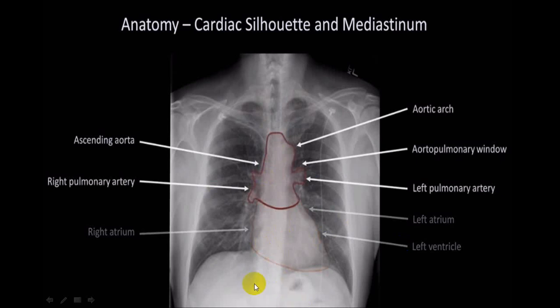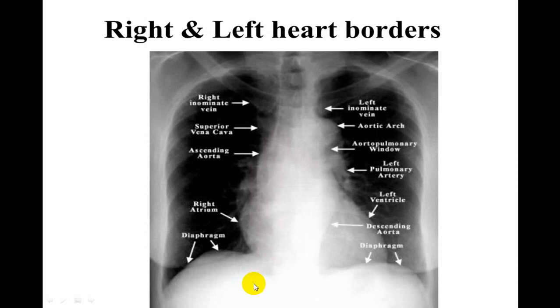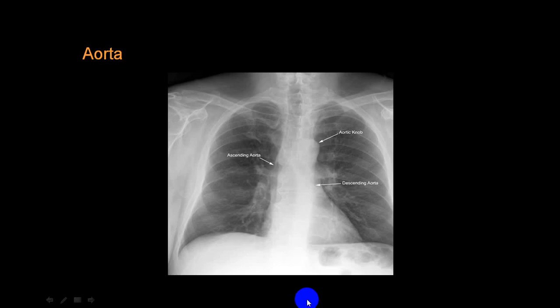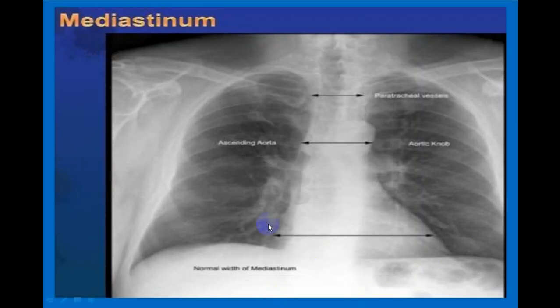That can change what we call the mediastinal shadow. And these are in detail what I have already mentioned. The borders on the right side, borders on the left side of the mediastinum. So this is what you can see here. This is the ascending aorta. This is the arch, or we call it the aortic knuckle or aortic knob. And then you have a descending aorta portion. Now this is very difficult to differentiate in a PA view because of overlapping of different structures. But some pathophysiology of this particular part can produce overlying shadows.